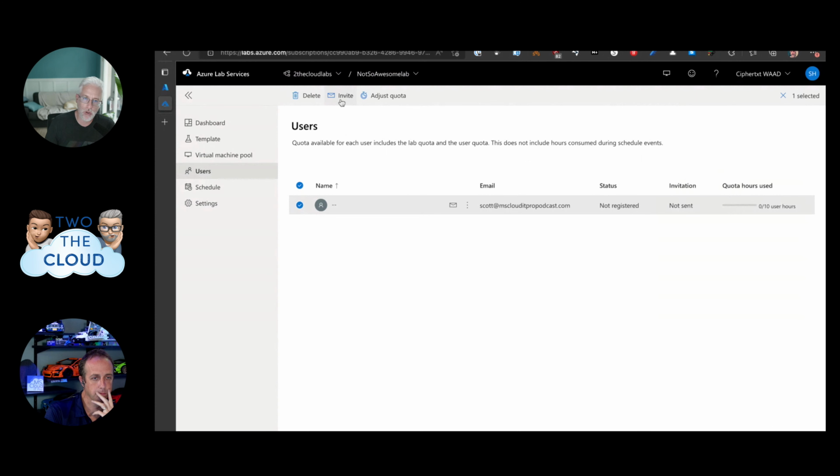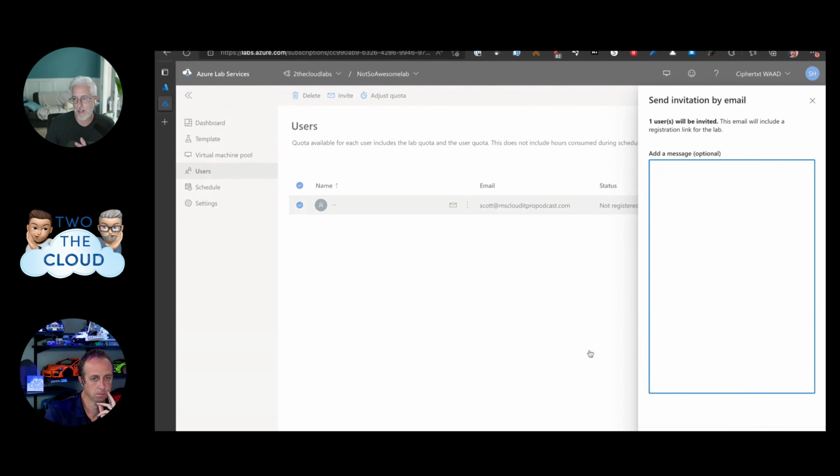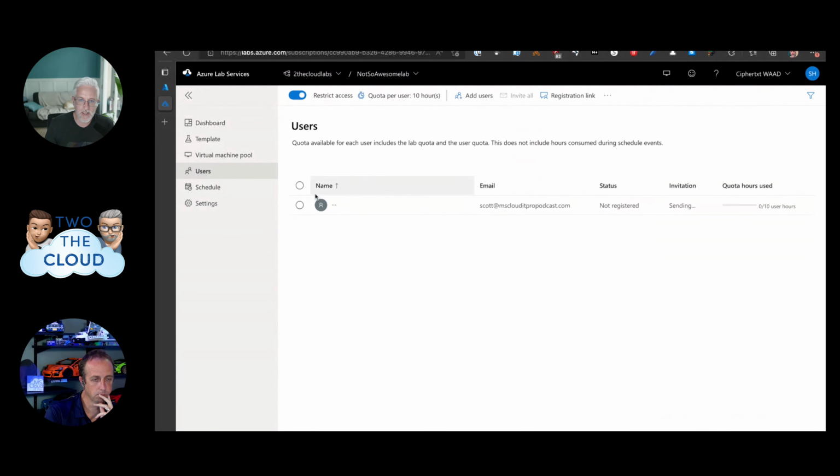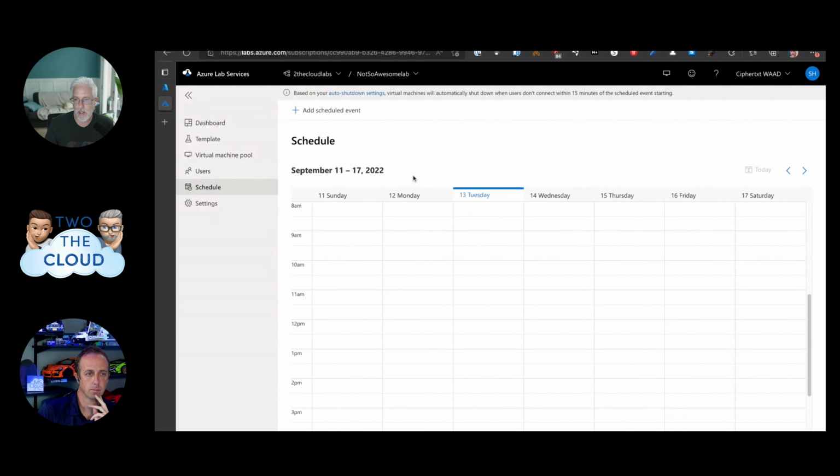So if you had like a pool of users who are all in an AAD group, you can just sync that AAD group to the lab as well. So I'm going to say, okay, this user is going to be invited. Now that's going to send an email off to that other user. So the other user won't see this thing appear until they've accepted that invite. They do have to go in and do that piece.